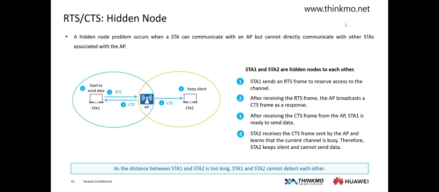This was mentioned a bit earlier. For example, when a terminal starts sending RTS, the AP receives it. Since terminal 2 is not within the range of terminal 1, terminal 2 does not know that terminal 1 has already sent RTS, and it will continue to send data. At this point, the AP sends a CTS to terminal 2, that is, it sends out a signal, so terminal 2 then knows that terminal 1 has already started sending, and it needs to enter the waiting state. So this is a very common concept.